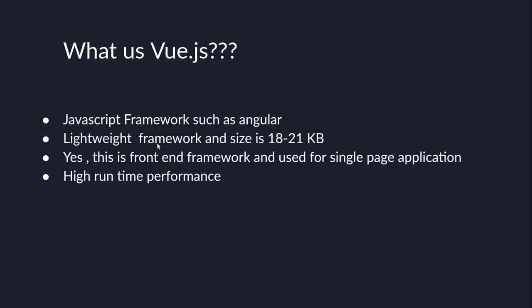So first, there are some features you will see here. First thing, it is very lightweight. The complete production size of Vue.js is 18 to 21 KB, right? This is like a very small, tiny library, you can say, but it is very powerful. In the previous versions the size was also very small, around 16 KB, but in the upcoming versions they have added much more functionality, so now the current production size is 18 to 21 KB.